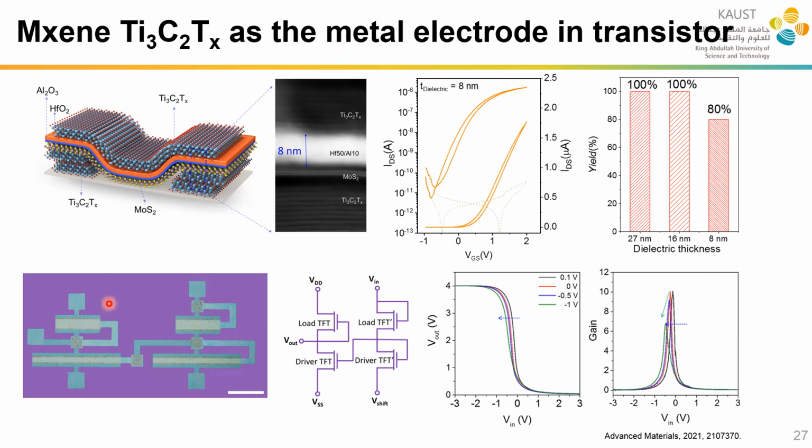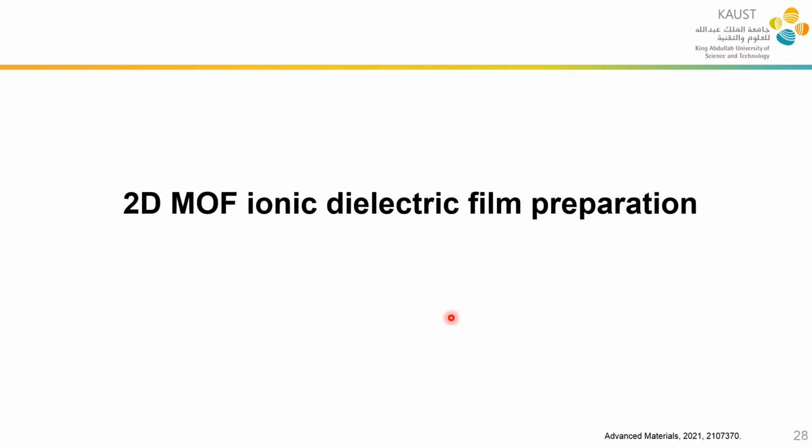This is one of the representative circuits. We integrate 4 transistors to make the V-shift NMOS. They also work properly. So finally, we also explored the